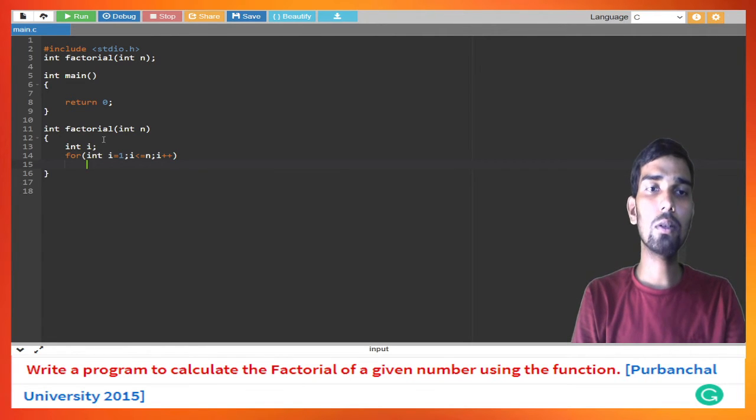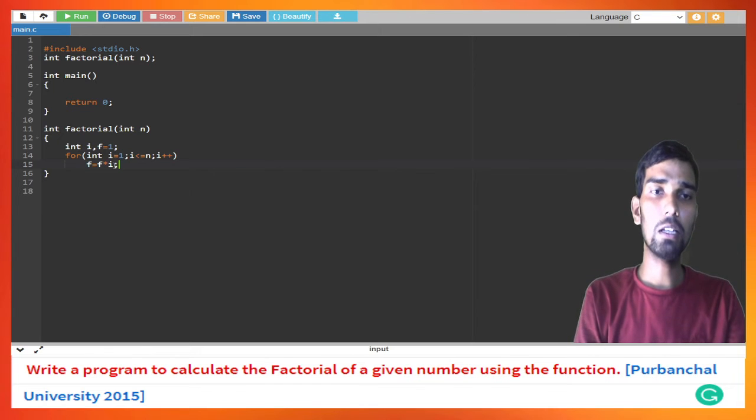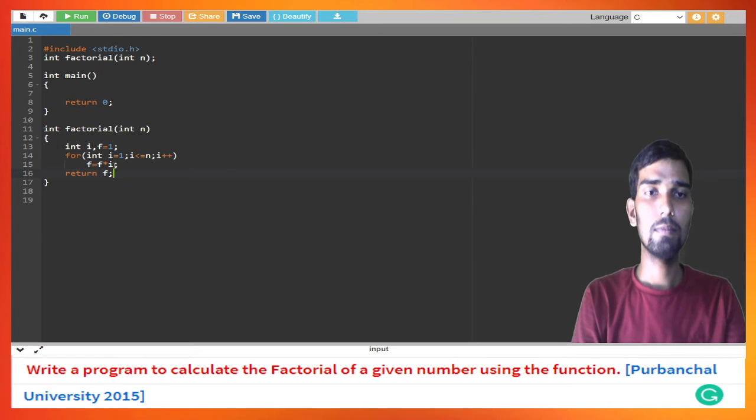We also have to declare f, and f is 1 initially. Here we can write f equal to f into i. So every time it will multiply, and finally we will return the f value. So the factorial function is done.